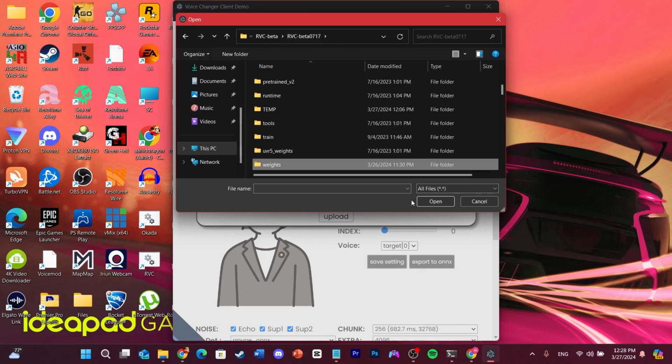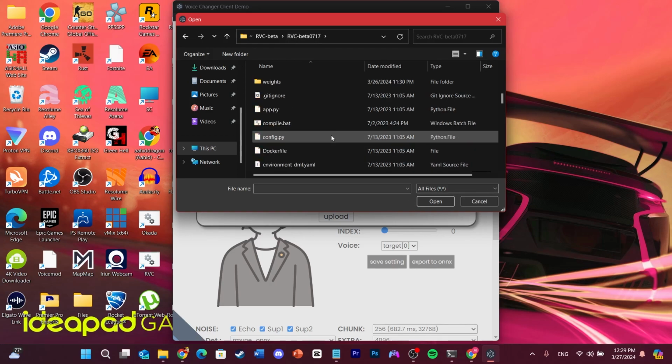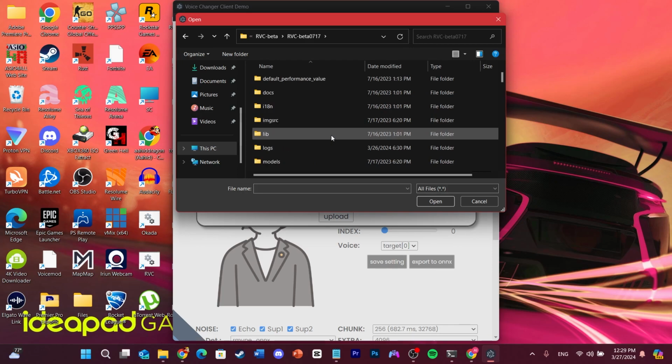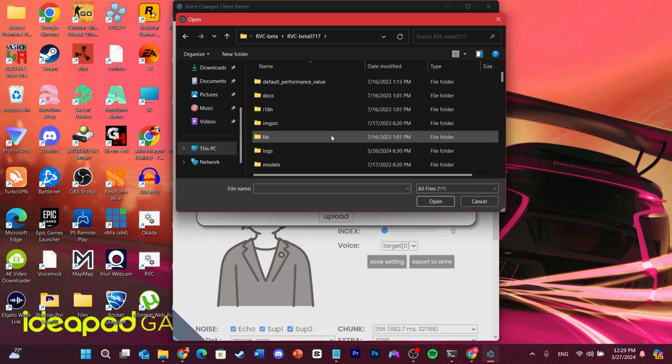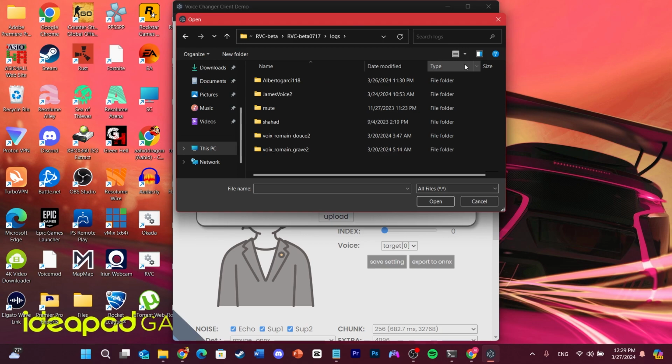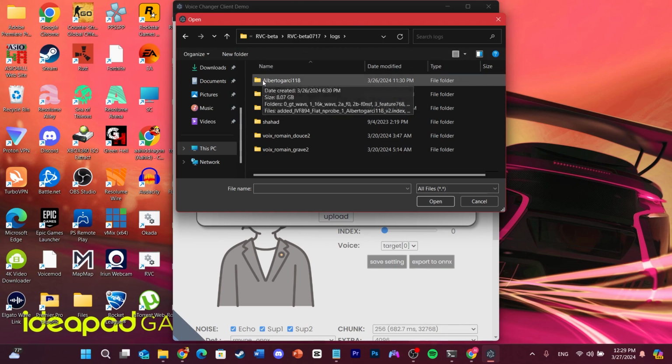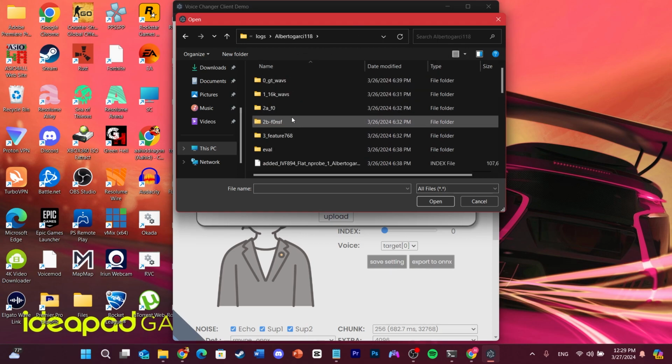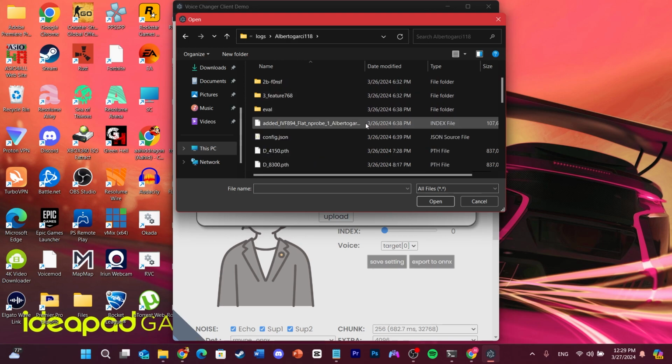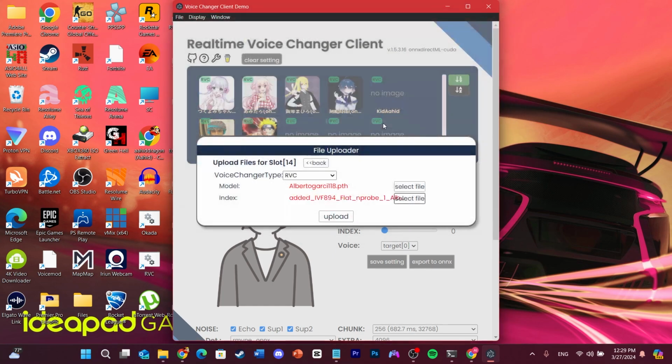So you click, and then you would go back to the main folder. So scroll down, or scroll up, till you find something which says logs. Double click on it, and then go to the Alberto model or file folder that you have. And then you will have the index file right here. So double click on it, and then there you have it. Click on upload,